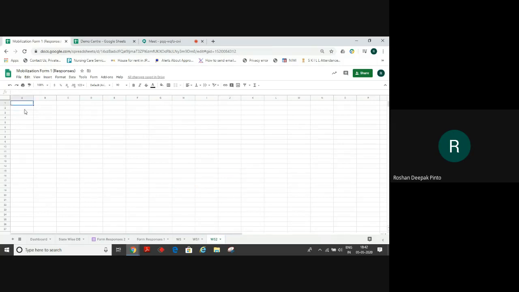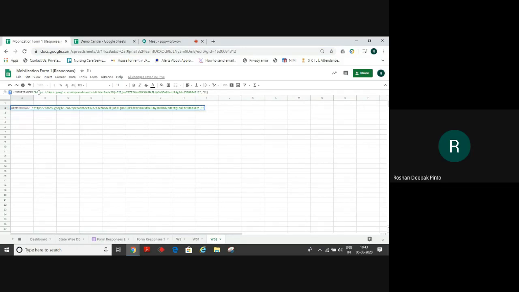Here I'll leave the first row in case I have to write anything on top, and on the second row in the cell I will import the complete range from the URL. I'll copy the URL of the same sheet, go to the formula bar, paste it there, close inverted commas, comma, again inverted commas.